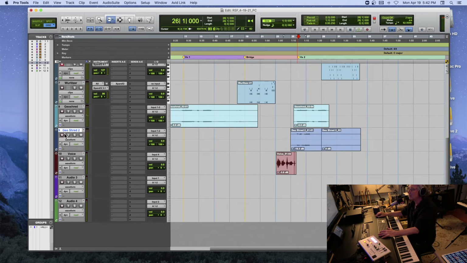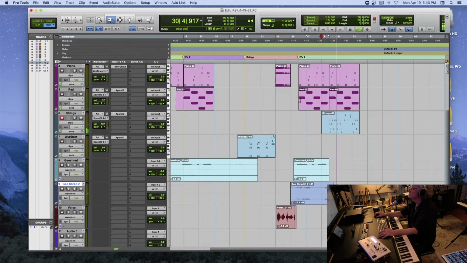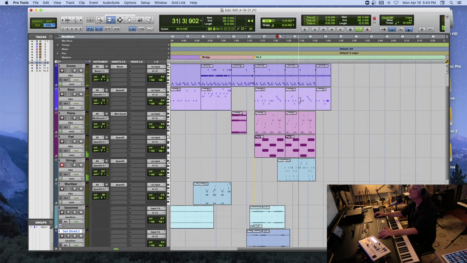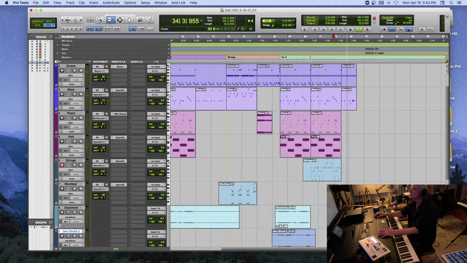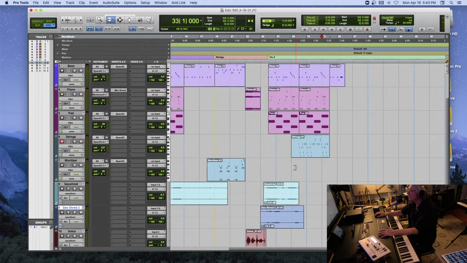Oh, I forgot to unrecord enable that. See, it's like if I'm not paying attention, but I can just get everything back. It's fine by dragging. And then I did that right here, right? I'm going to copy this first measure,